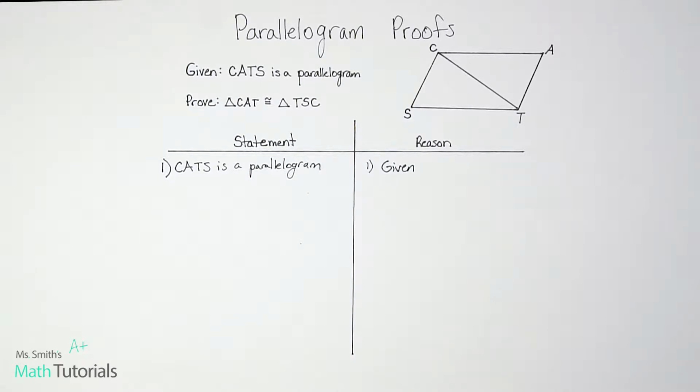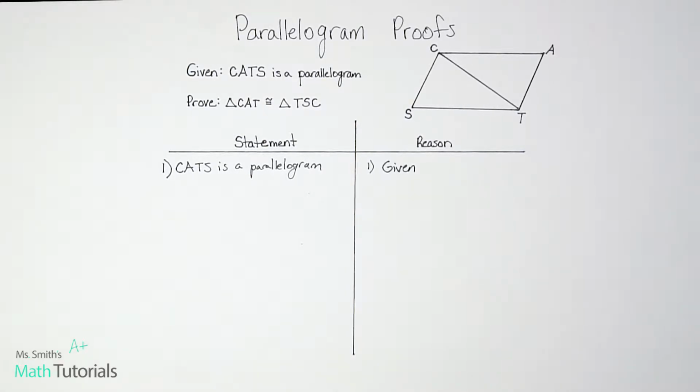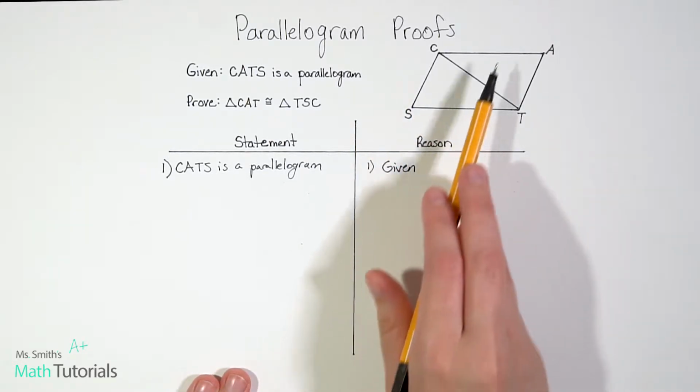So then we have to think, what's going to be the best way to go about proving that these 2 triangles are congruent? I always go for side, side, side. Remember in our triangle congruency video, we talked about the different ways to prove triangles are congruent. To me, side, side, side is always the easiest if you can go that direction. In this first example, that's what I'm going to do. I'm going to do just the easiest thing, which is to shoot for proving that all the sides